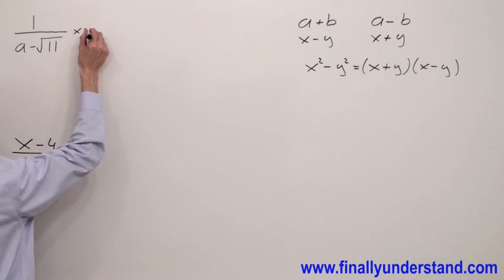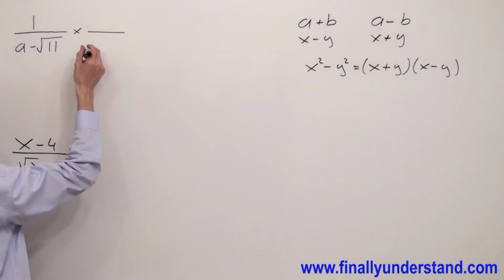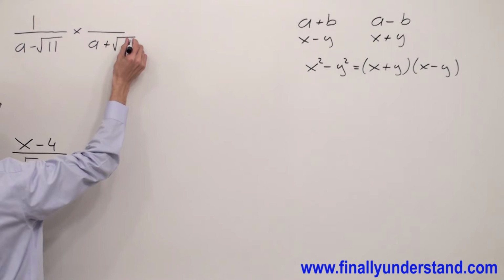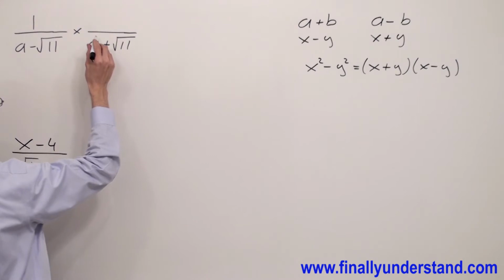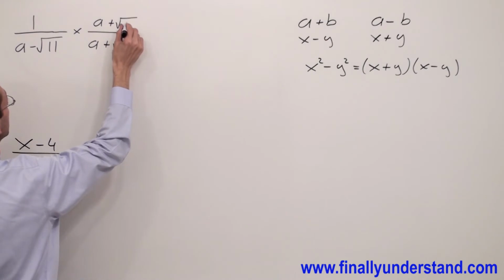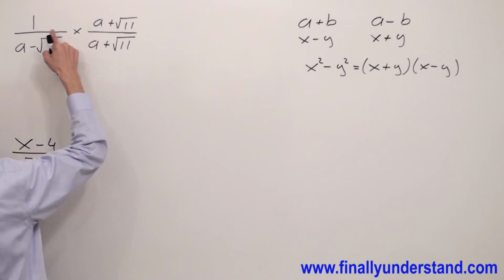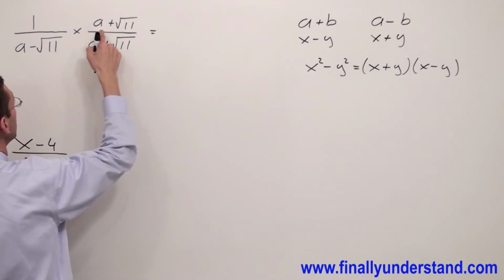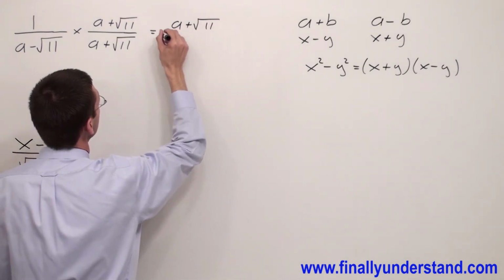Okay, so I'm going to multiply numerator and denominator by the conjugate of a minus square root of 11. The conjugate of it is a plus square root 11. Whatever I did in the denominator, I have to do also in the numerator. So I have a plus square root of 11. Now, anytime we multiply fractions, we have to multiply numerator by numerator and denominator by denominator. 1 times a plus square root of 11 is just a plus square root of 11 over,